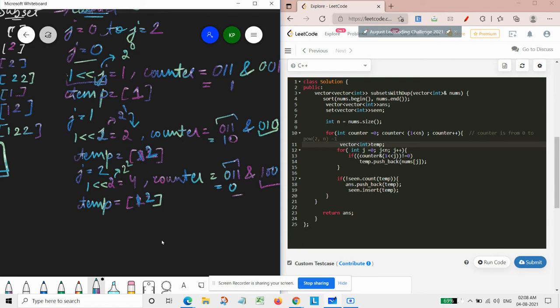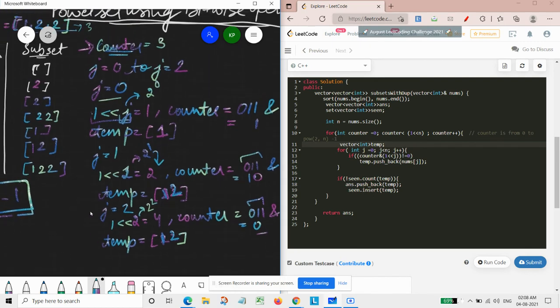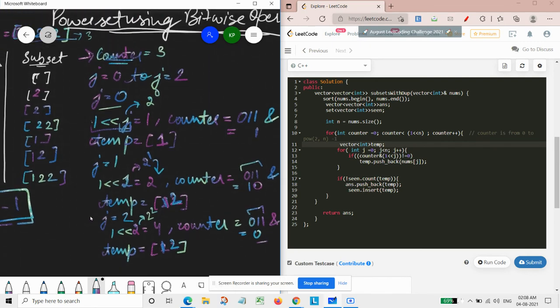So in this way, just by using bit masking, we are simply left shifting, basically setting that particular bit and doing AND with the counter. The counter simply represents which positions of that particular array we need to push into temp. So that's why we are running our loop from counter 0 to the size of the power set, that is 2 raised to power n.